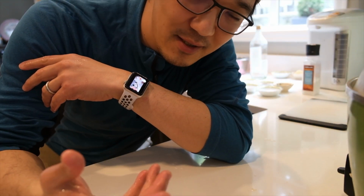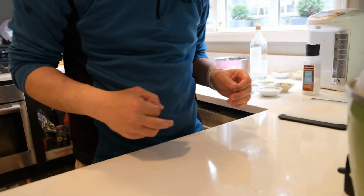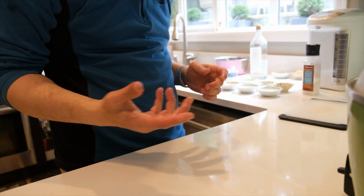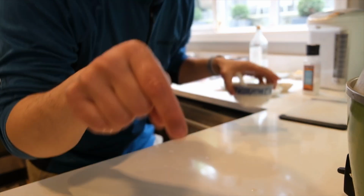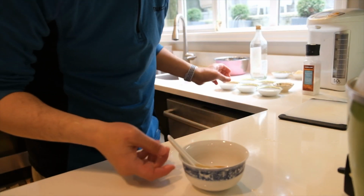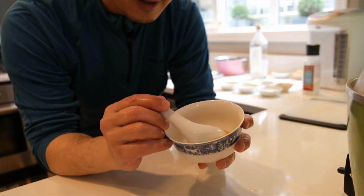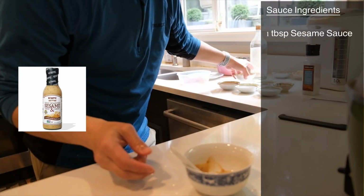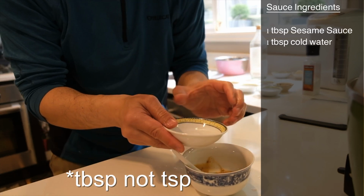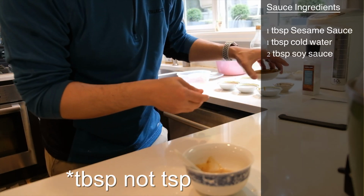The sauce is probably the most important part, so let's get started with that. There's actually 7 ingredients in the sauce, so it's pretty simple. I'll put the recipe below, but I'll go through it really quickly. So I have sesame sauce, which is just the Japanese sesame sauce, 1 teaspoon of cold water, 2 teaspoons of soy sauce,